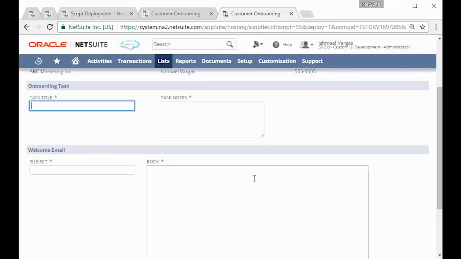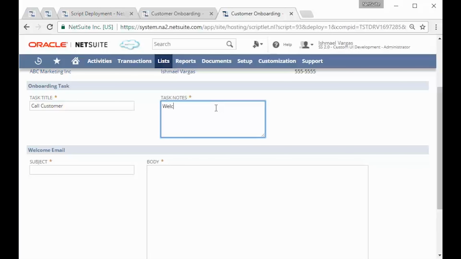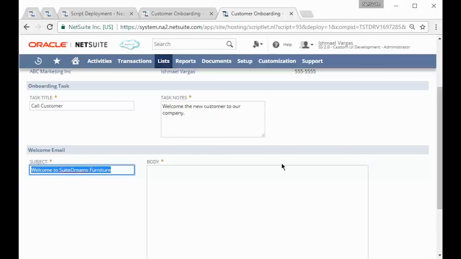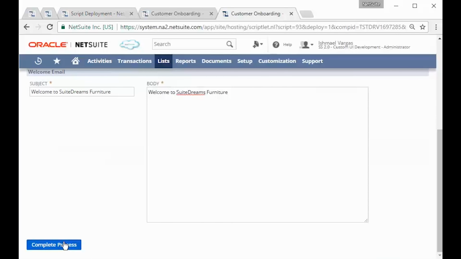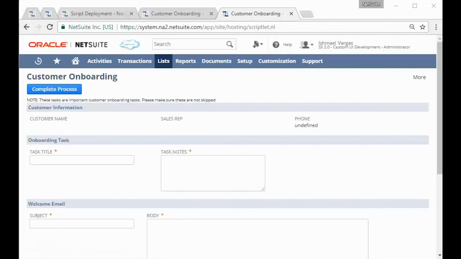For my task here, let's just say call customer as a title, and welcome the new customer to our company. And then for the subject, let's just say welcome to Sweet Dreams Furniture. Just to make it quick, I'll use the same information in the body of the message. And if I click on complete process, you can see here that it just reloaded the same page and practically